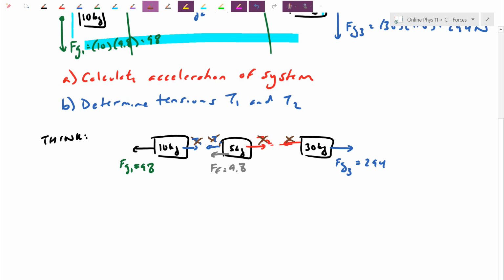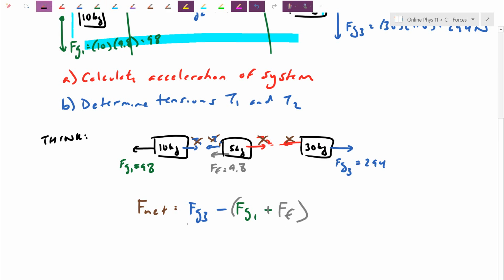That's on its own team. On the other side here, FG1 was trying to keep it. On this side here, the friction is also trying to help it. It's basically a tug of war between FG3 minus these two guys here. So when I try to do my Fnet, when I try to find out how much overall unbalanced force it is, I go bigger minus smaller. I take FG3. I'm going to minus off how FG1 is fighting against me, and I'm also going to minus off FF. I'm even going to show this here as FG1 plus FF,